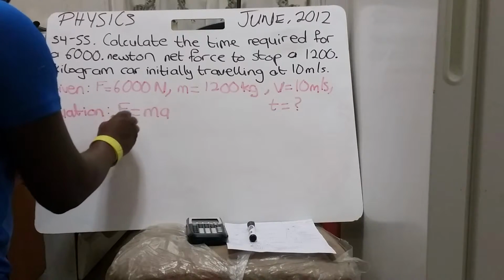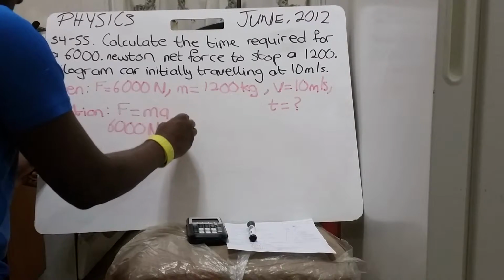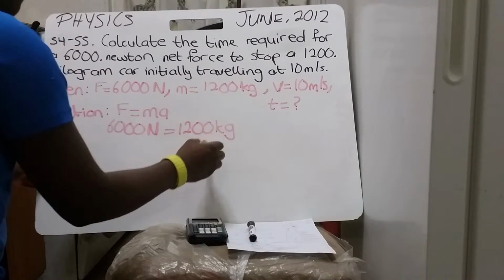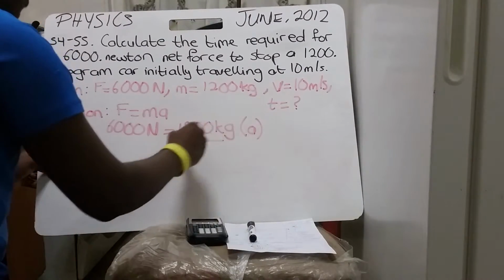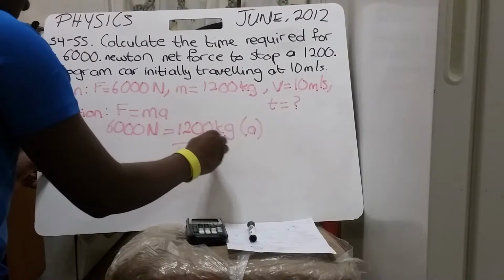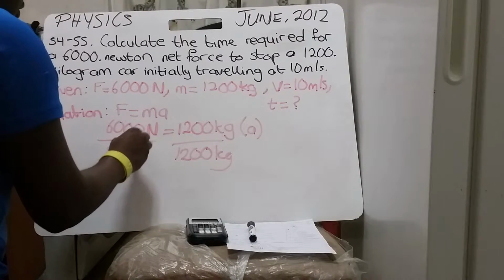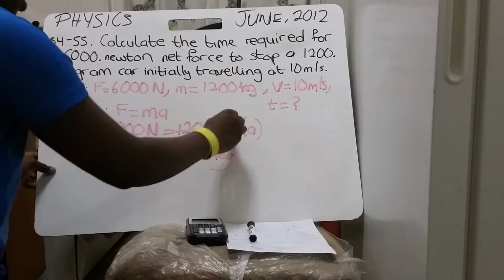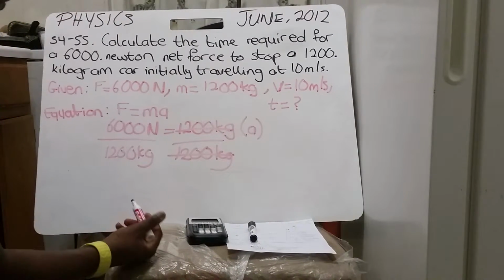Force is 6,000 Newton equals m, which is 1,200 kilograms, times a. Then you can find what a is. So this divides 1,200 kilograms by 1,200 kilograms, so this cancels this out. So what we're left with is